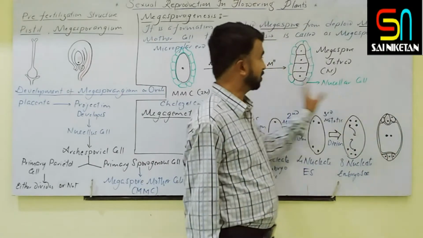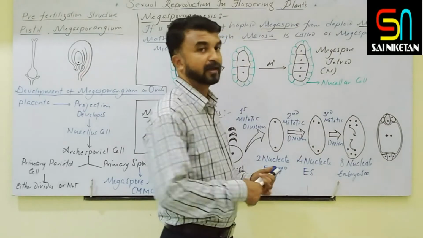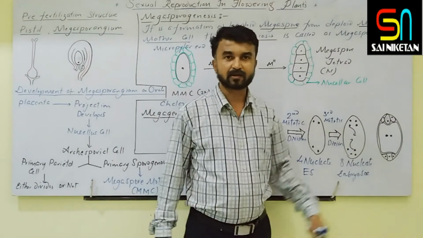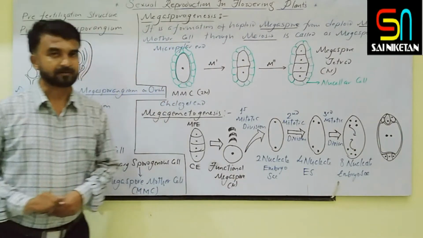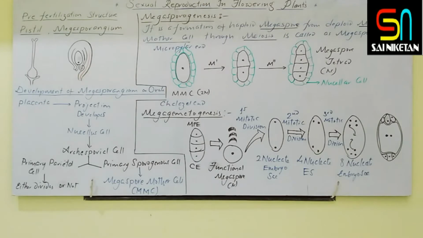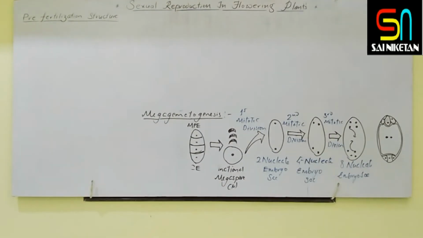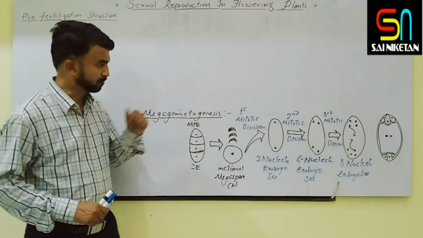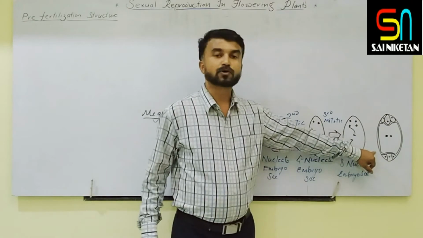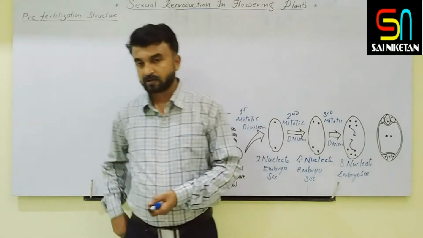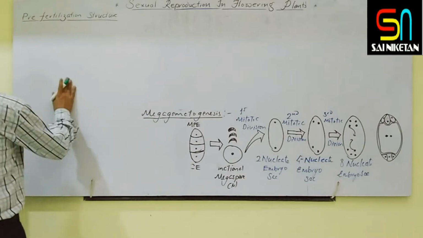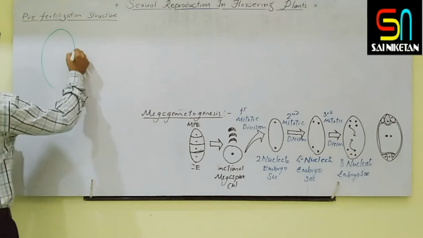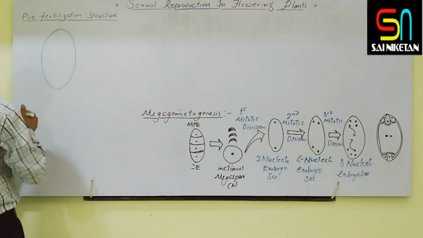Clear? So in detail, the figure I will draw above here, and again the anatropous ovule. This figure again I am going to draw. So this is an 8 nucleate embryo sac. So just wait for a second. Yes, continue the same topic. So this is an 8 nucleate embryo sac. The detailed figure I will draw here. So the 8 nucleate embryo sac will appear like this.